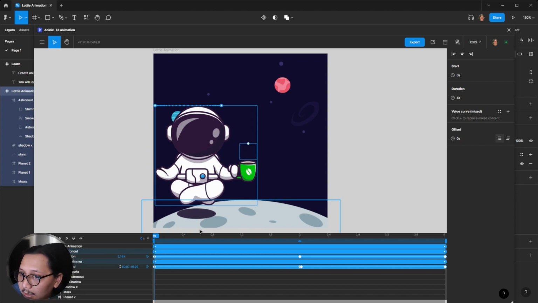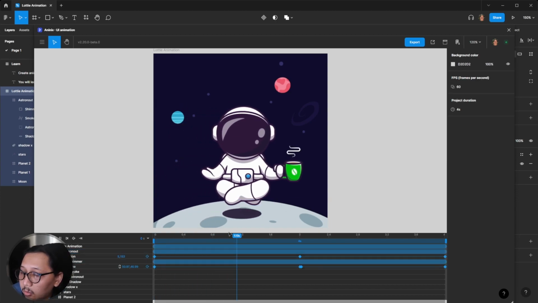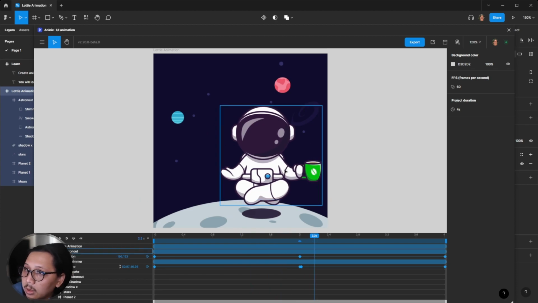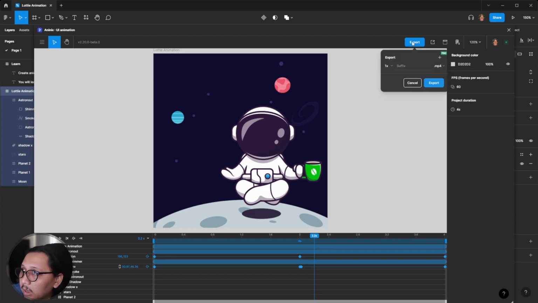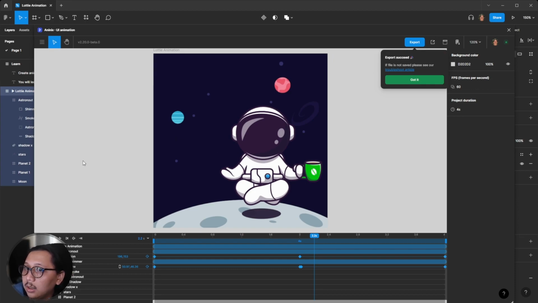Okay, once it's done, what you need to do is export this file, the animation, to LottieFiles. So how to export to the Lottie file? Actually, you can hit the export button, then select Lottie, and hit export. A window will pop up and you need to rename it, but don't forget to add the extension .json. Okay, once done,